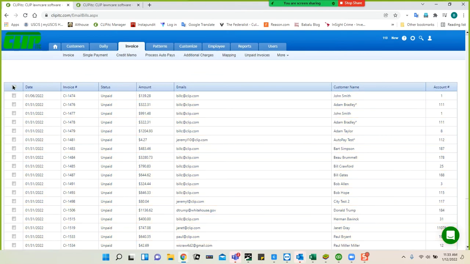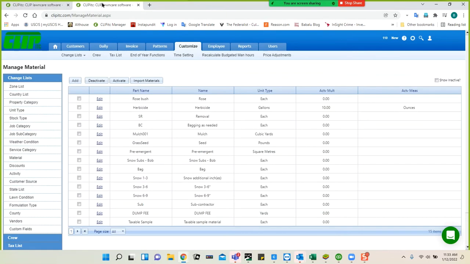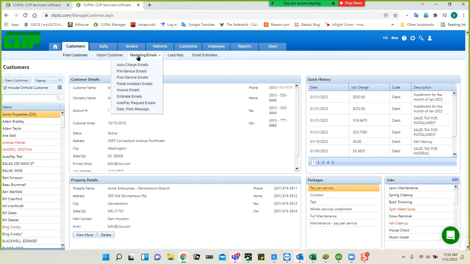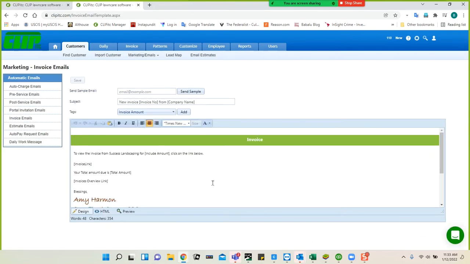Having said that, I want to take a little side trip. Under customers, you have this marketing email option, and this is the invoice email we're looking at. You are able to design this with links from the program. Now, as I mentioned, the program's default is to email an invoice, and that can be disconcerting because you want to be able to remind the customer that perhaps they have some past due amounts or past due invoices or bills. Well, what I've done here is I've modified this. So basically the basic email,